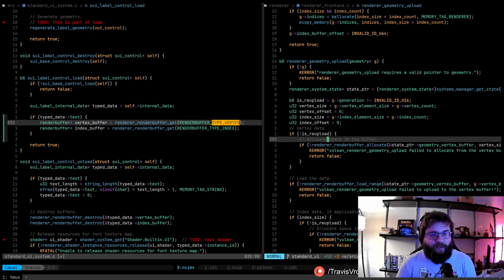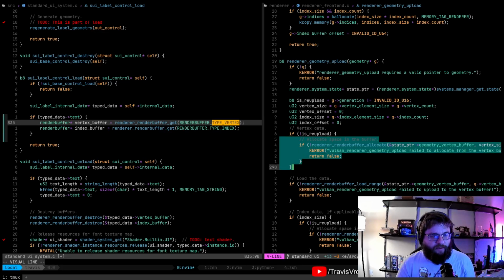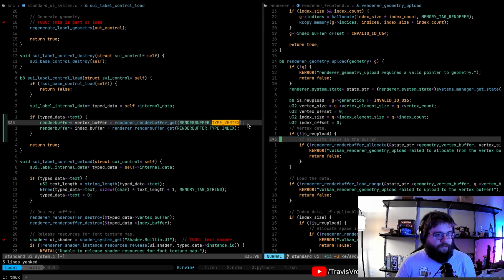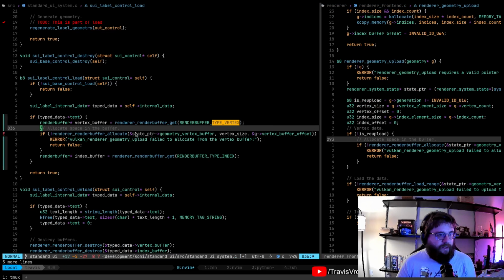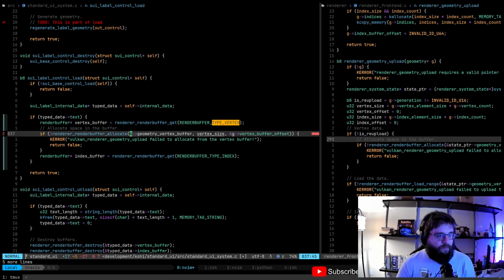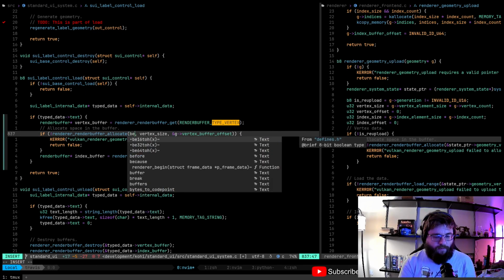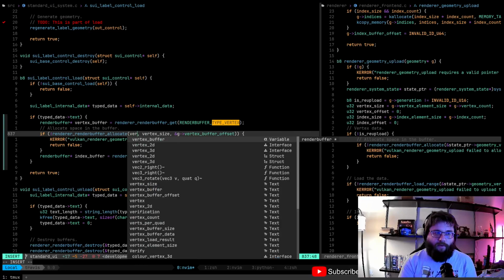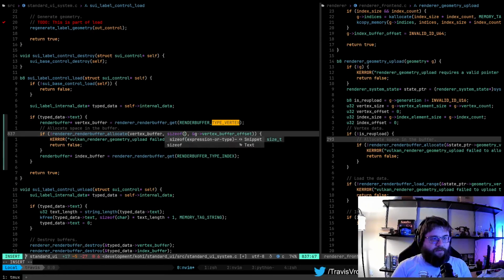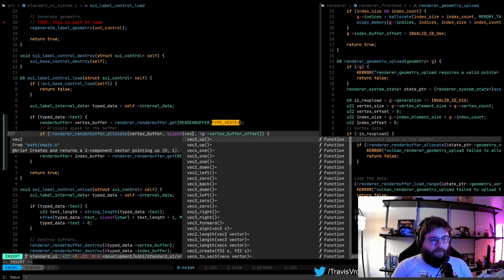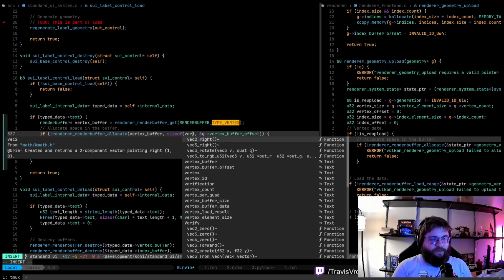So I'm actually not going to worry about the re-upload logic here. I'm just going to do this, and then say vertex buffer, right? And so our vertex size is going to be size of vector vertex 2D.